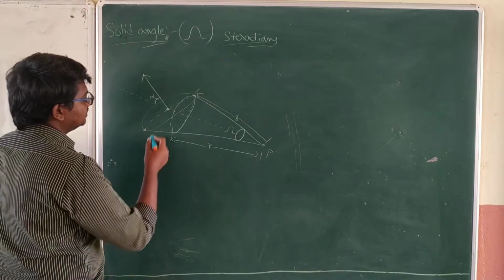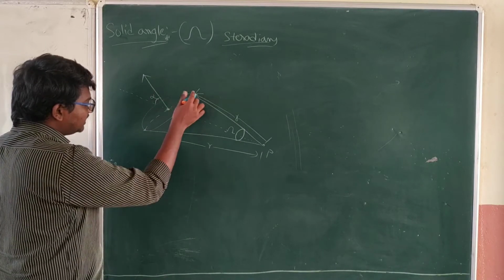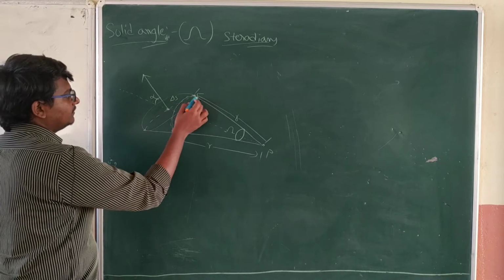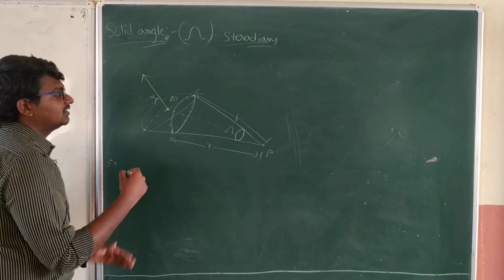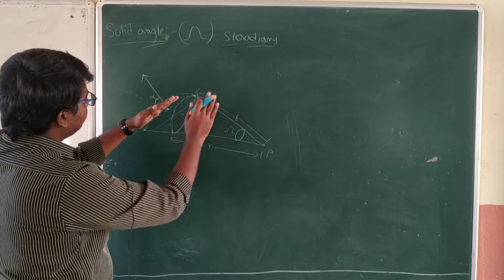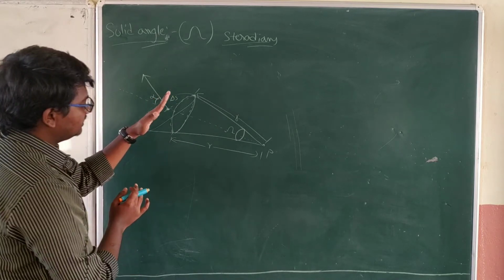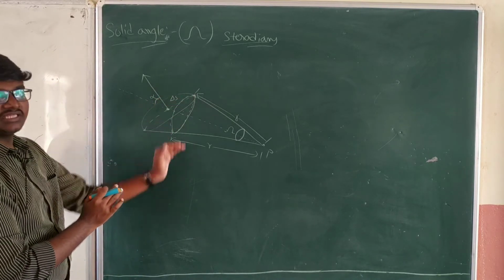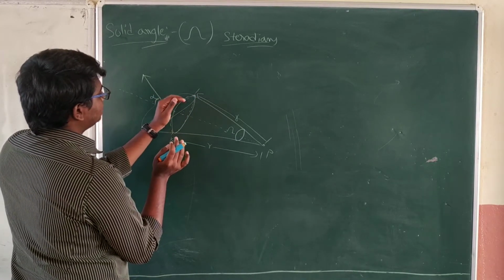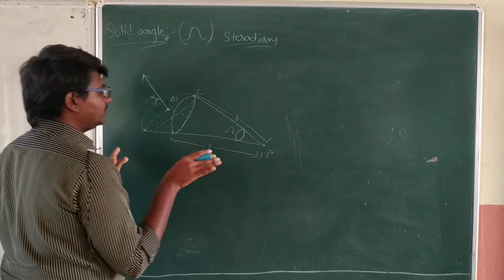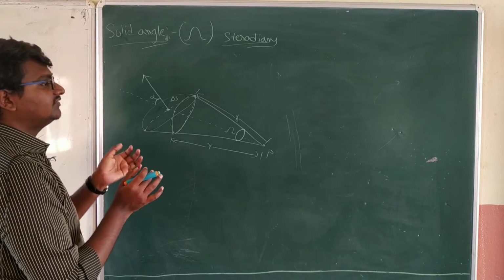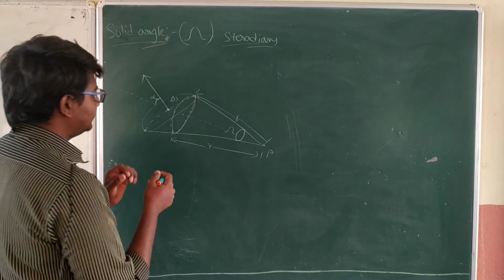And next, this one's component is this here, this area's component is this. If you consider this is delta S area, means here the solid surface area we have to consider, not a planar one. For example, here my hand is appearing like a plane, but actually you have to consider a spherical surface area which is covering there. Not the planar one. Any plane you consider, whatever the plane, you have to change that one into a circular spherical surface area.